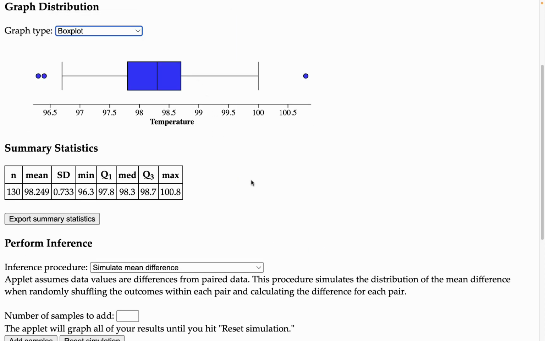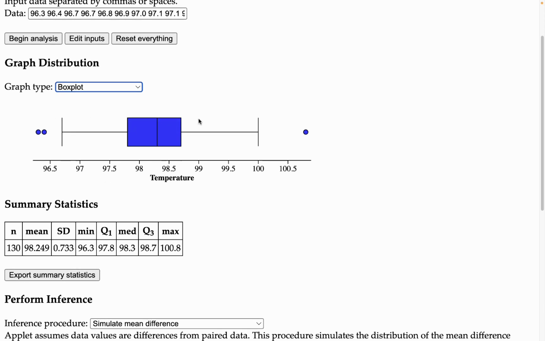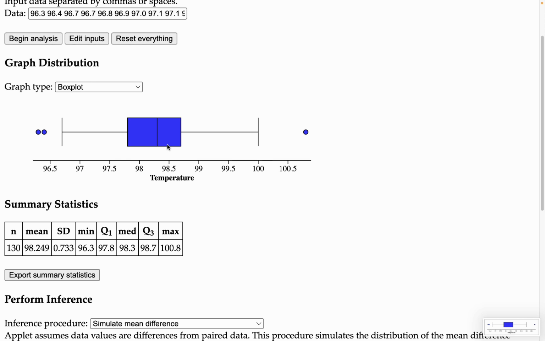For your box plot, you are going to have a pretty basic box plot. It is going to show you your outliers, which is great, but you can't really customize it too much. If you want to save it, you basically need to take a screenshot. And I've got an Apple, so I usually do Command-Shift-4, and it allows me to select that area. That's a great way to create a screenshot. With a PC, you could do print screen or one of those other options.